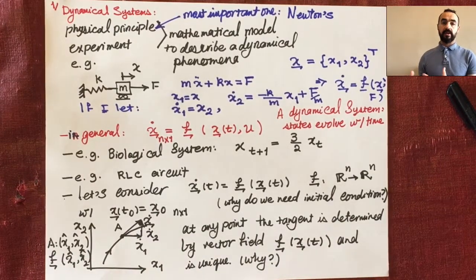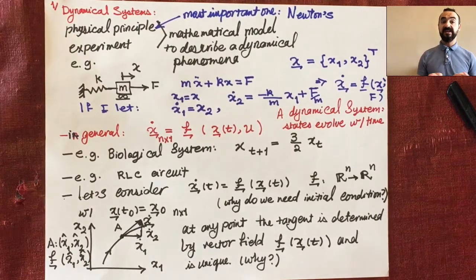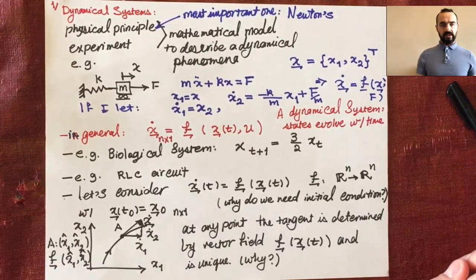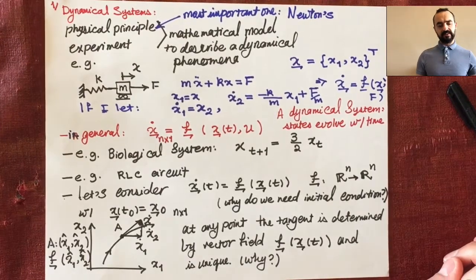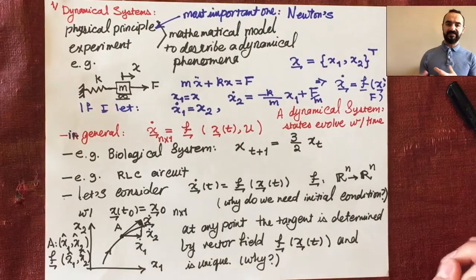It could be electrical systems, electromechanical systems, biological systems. They are all dynamical systems. Any system whose states evolve with time is a dynamical system. And then mathematically, the question is, where do we get that